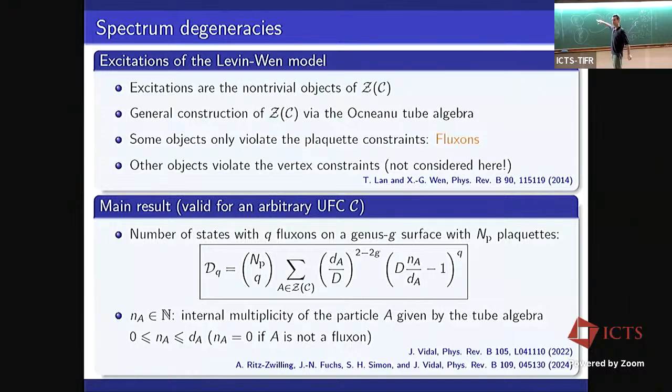The difference between the two paths will be given by the proper identification of these internal multiplicities. That's the way you will distinguish whether you started from C or from C prime. In this case, the excitations like fluxons, which are of interest in our case, will be given by different values of N. So that's an important point. At first glance, you may say only Drinfeld centers matter, but you need one more ingredient, and this ingredient is obtained through this tube algebra, which gives you the construction along the way from C to